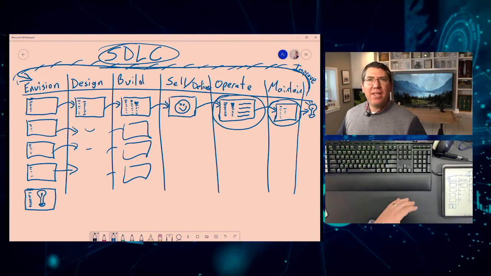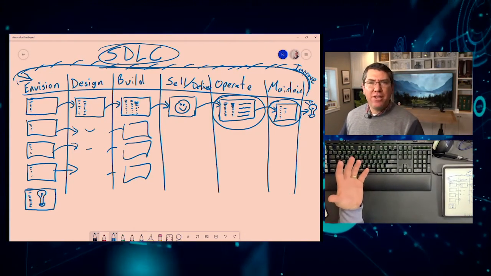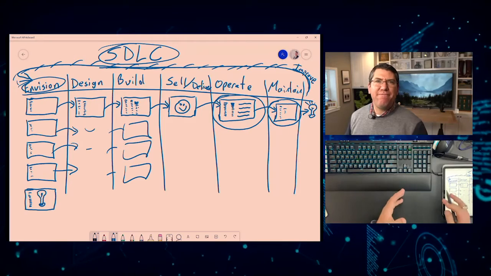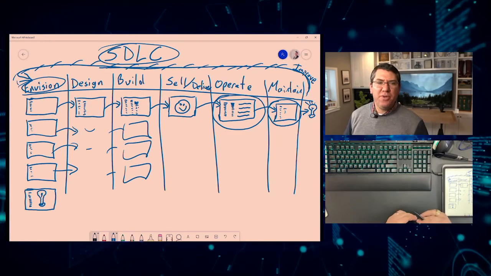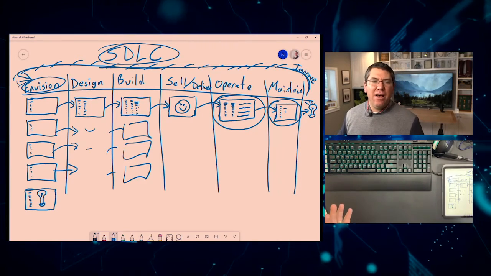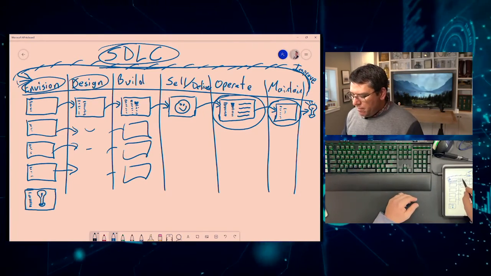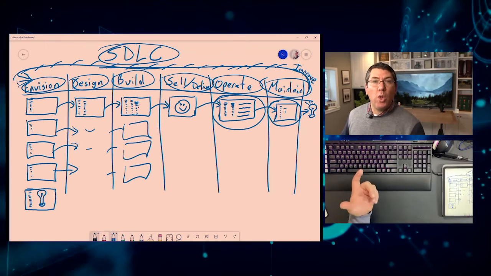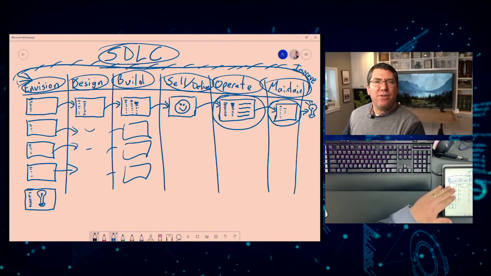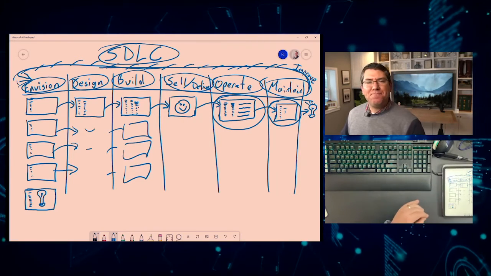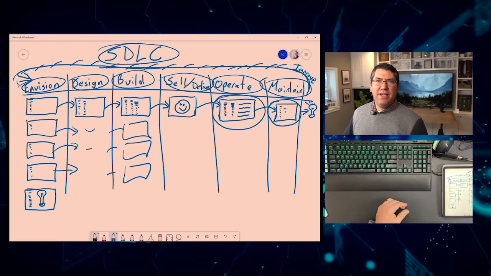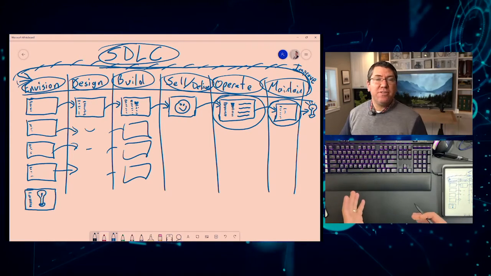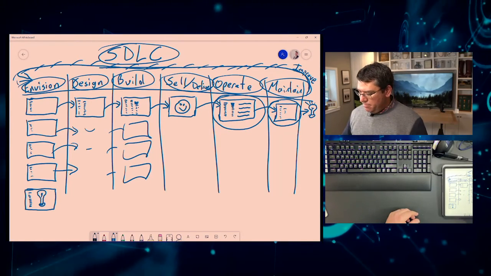Okay. Now, if it's not just you, if it's a team that you're on, every one of these stages, and again, I don't care what you call them, and you can break them apart. You could have 4 different design stages instead of just one. You could have, and you likely will have, a handful of build stages, not just one. But you take all of these major stages and make sure that you've accounted for them and make sure that there is a role in your organization that is responsible for items in that status. And once you do that, then your team will be working along. When there's a bottleneck, you can know exactly who to talk to figure out that bottleneck